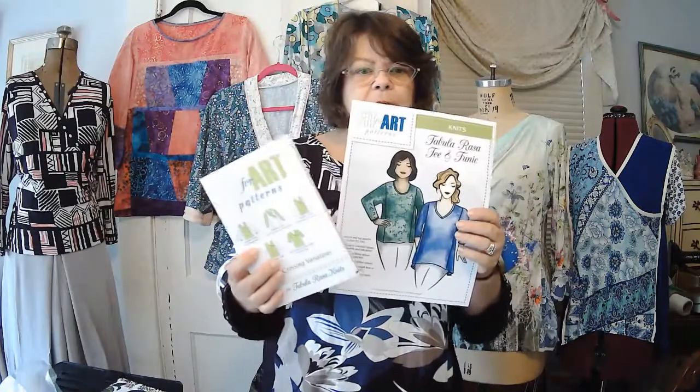Welcome to part 2 of Droopy Necklines and Knits, how to do the pattern work to solve a droopy neckline issue when you're working with the Tabula Rasa knit core pattern and the Clever Crossings variation pattern. So these are the patterns we're going to be looking at right now, and we're going to specifically look at how to take some extra fullness out of the surplice front so that you get a smooth line down the